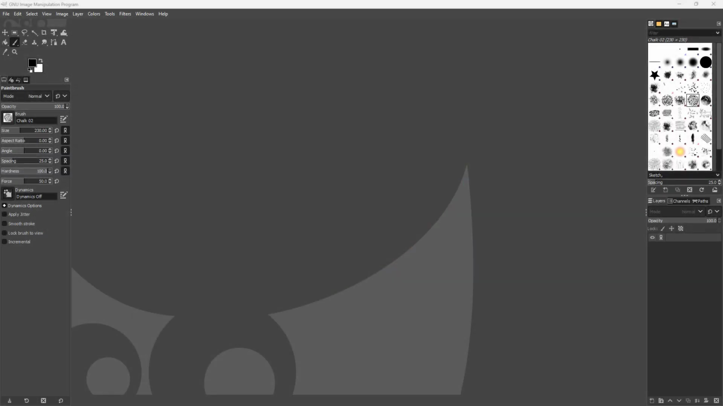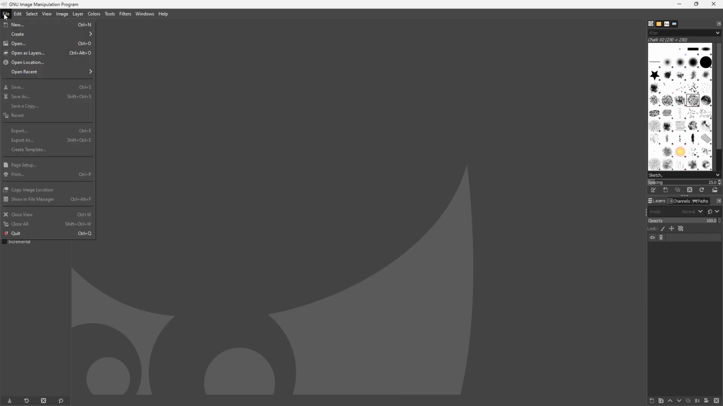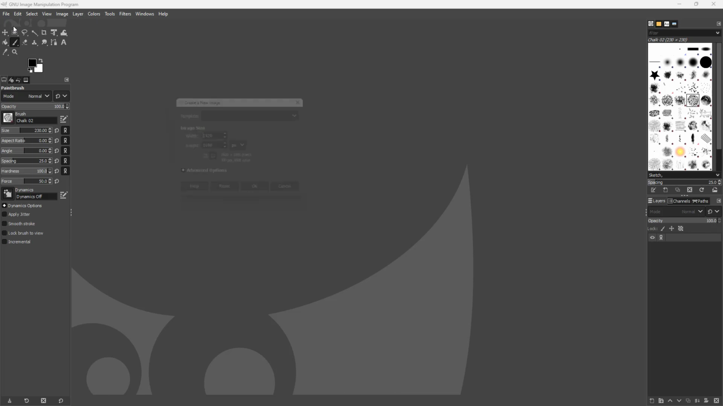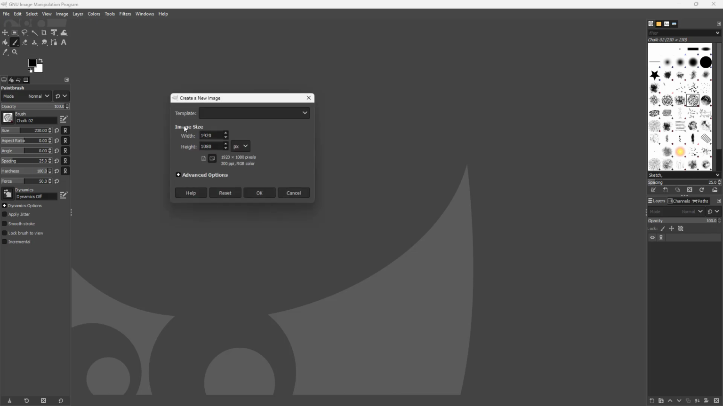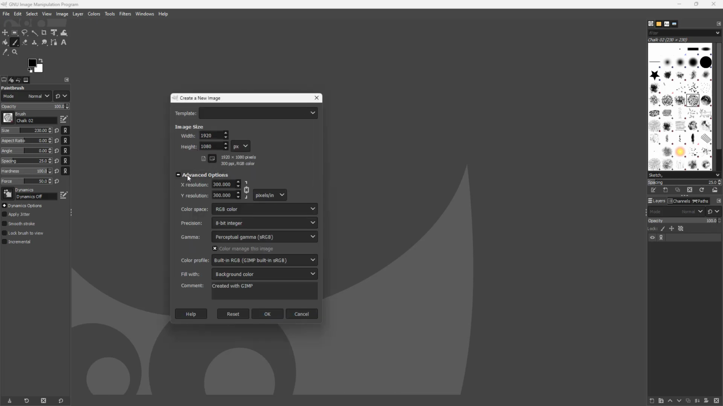So now let's see how we can create a new document and utilize the advanced settings inside of GIMP. Over here you can see that I have GIMP opened up, and in order to create a new document you need to click on the File menu, and then click on New. Once you do that, go under Advanced Settings, and you can see that